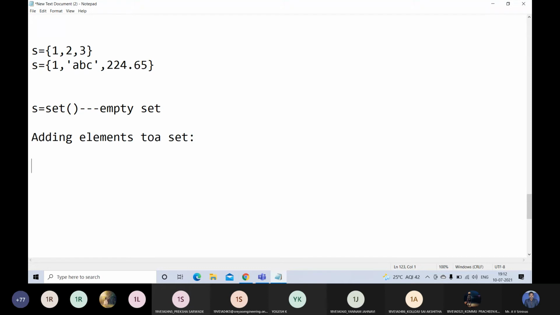Here in sets, slicing operation is not possible. In sets, slicing operation is not possible.